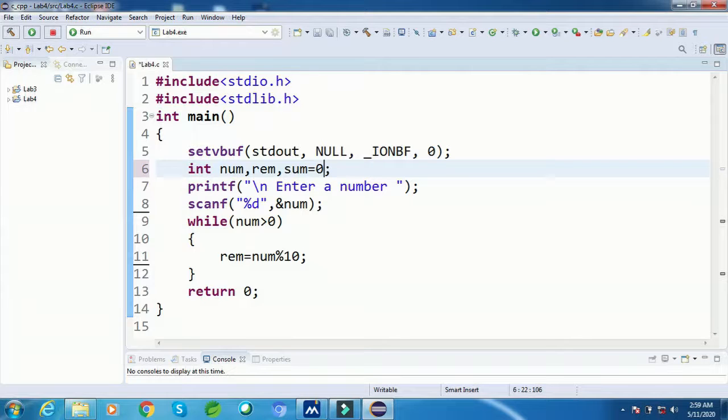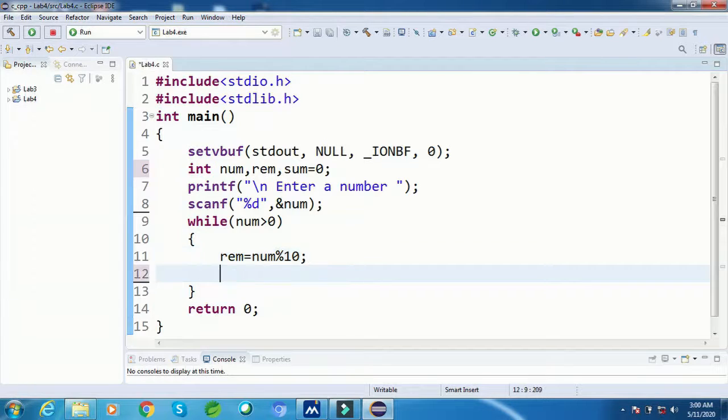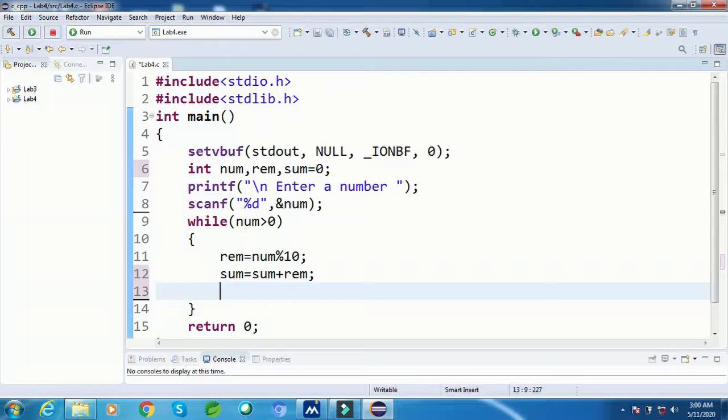Now I have a remainder. This statement will give me the first digit. Then I have to add that digit into the sum, sum equal to sum plus remainder. So now the first remainder I have added into the sum.